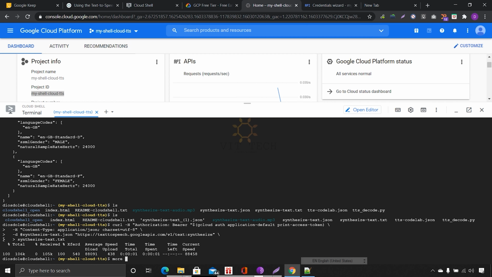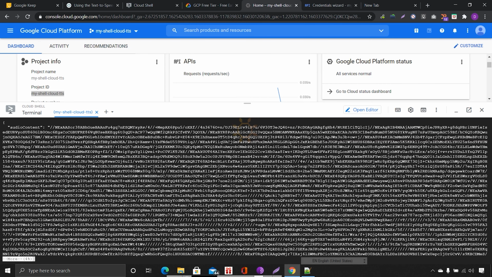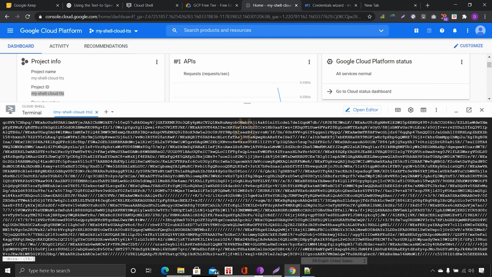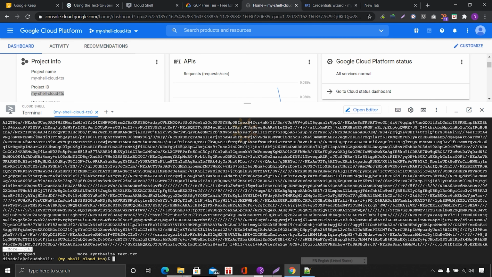Open this one. This is the output. We have given the name. Open it. This is the output of the curl command. You see, this is how it looks. So it is actually an audio file, but it is Google TTS converted text to text. We have to decode it using Python. So what to do? If you press continuously, it will keep going, so just press Control Z to exit.